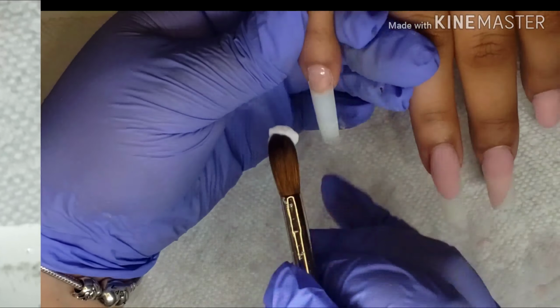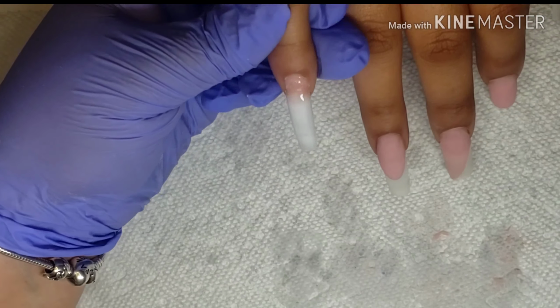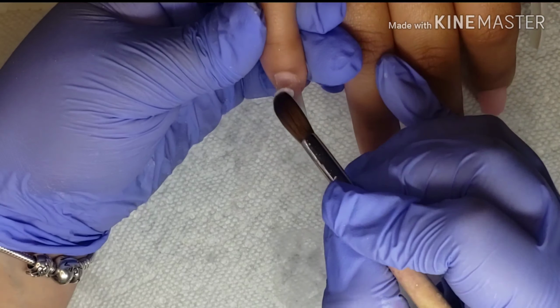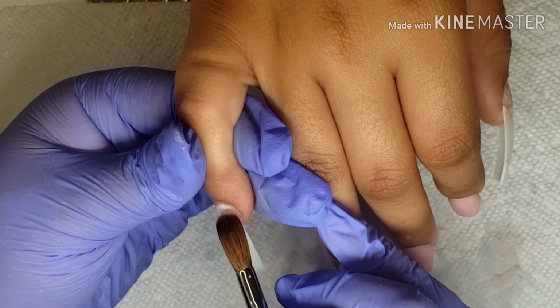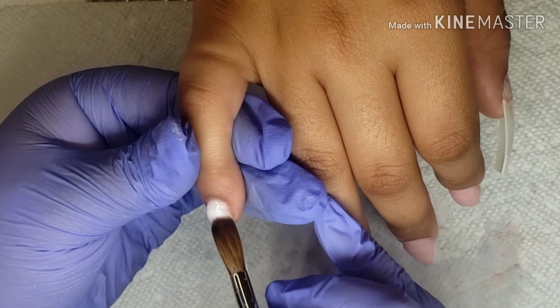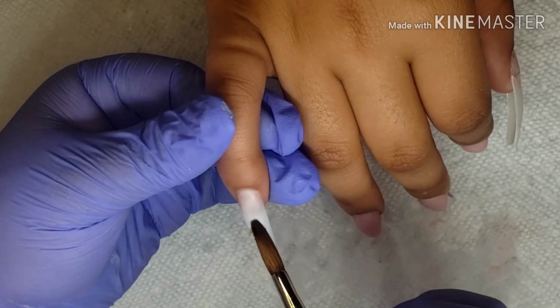So after applying my Prettiest pink, I'm just going to go ahead and use my Milky White. You guys, I made this color. I basically just mixed some white acrylic from Music Red and Glister Clear from Valentino until I have that kind of milky consistency. So I just apply that in the entire nail,